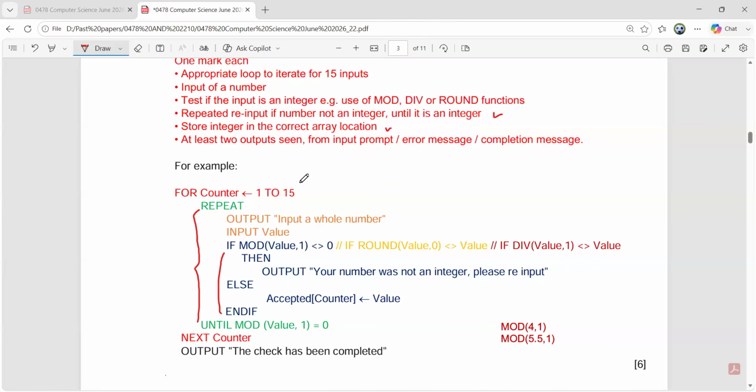And definitely after this is done, it will move to the for loop once again, and the counter value has now changed to 2. Now the second example, 5.5. The person entered 5.5. Testing in this